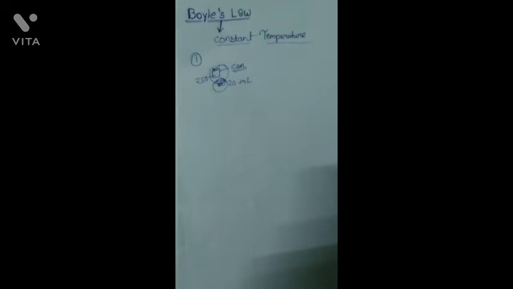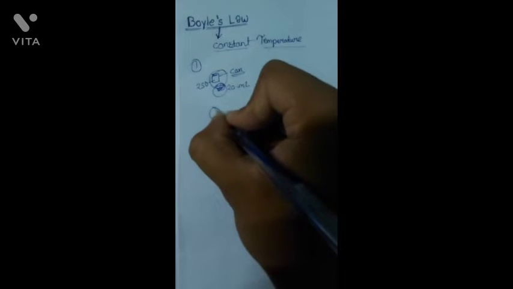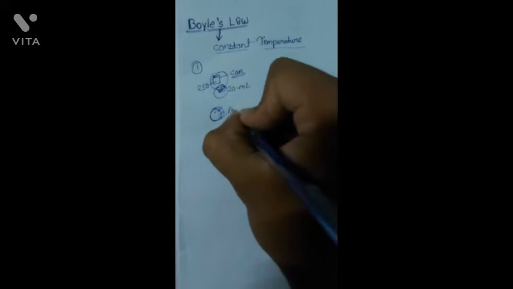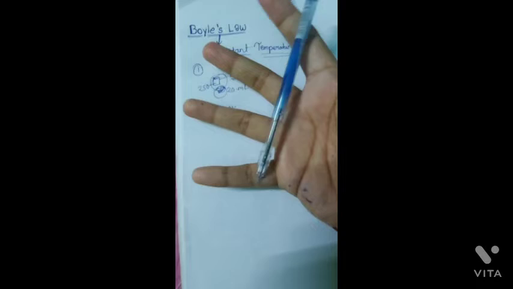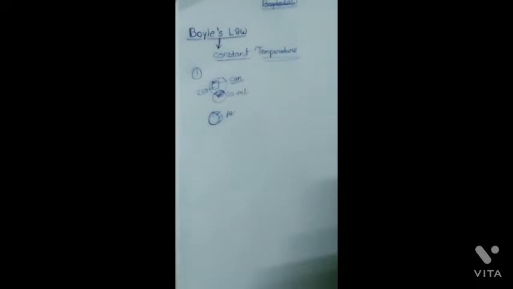Secondly, Boyle said that when the pressure on a fixed mass of a gas at constant temperature is decreased, the volume of the gas increases correspondingly. That means if the pressure is decreased at a constant temperature, the temperature should be constant, then the volume increases. This is very important, you have to remember this. So these are the two points, you can just write it down as I dictate. When the pressure on a fixed mass of a gas at constant temperature is increased, the volume of the gas decreases